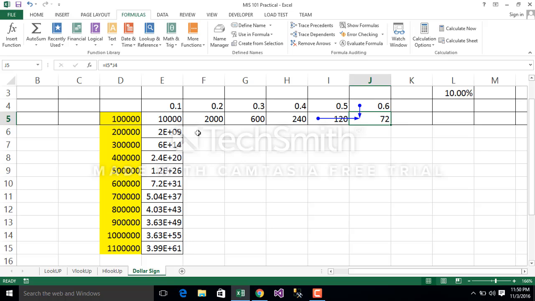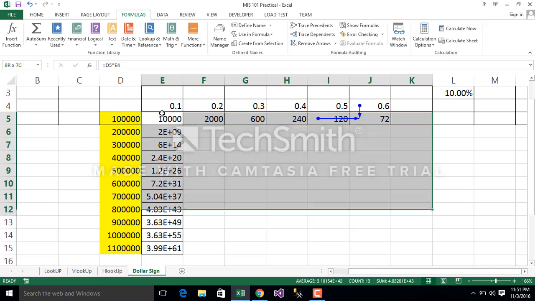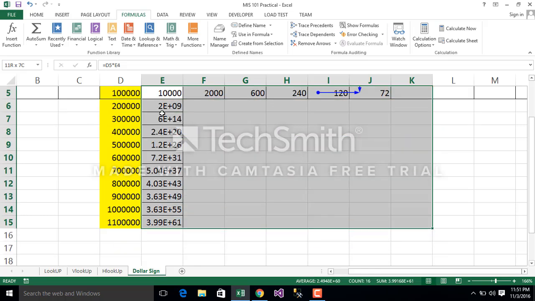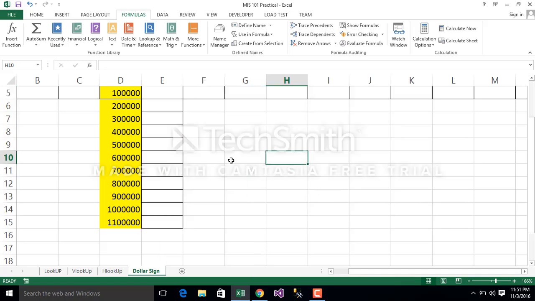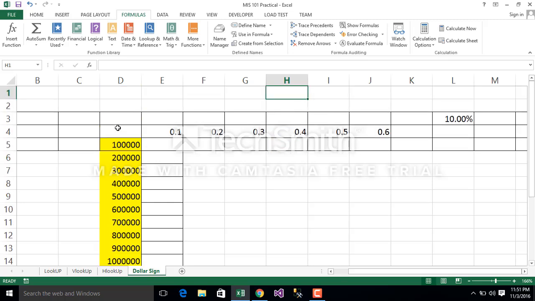But what I want to do is find out 60% of 1 lakh, the 60% of this number. So for these reasons, first try to understand this thing. And just see, all values remain